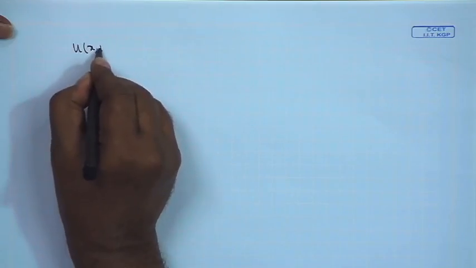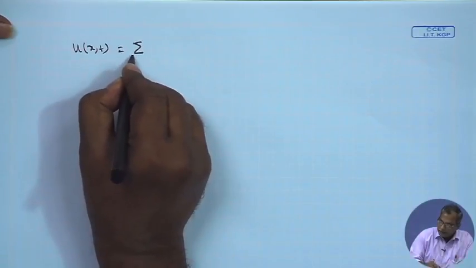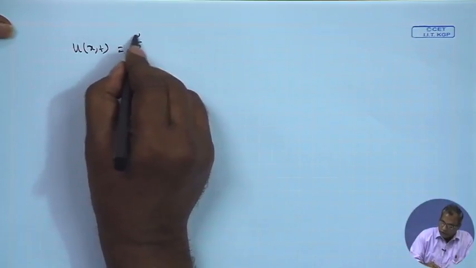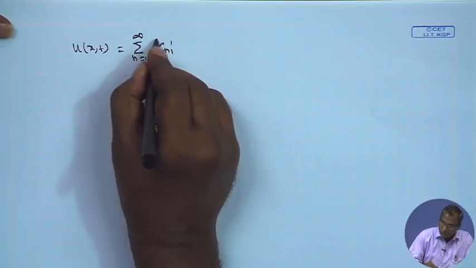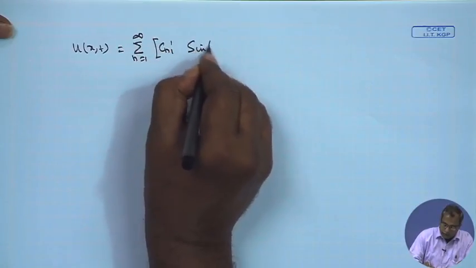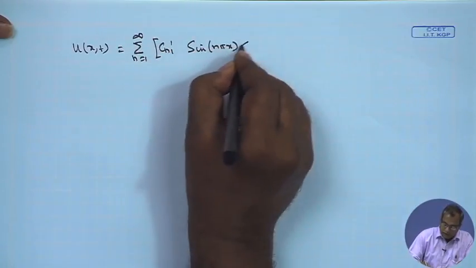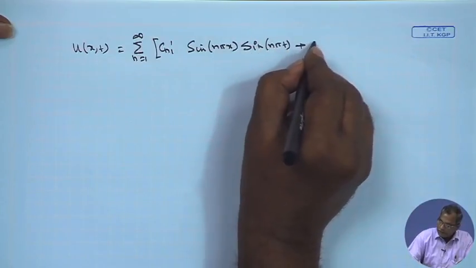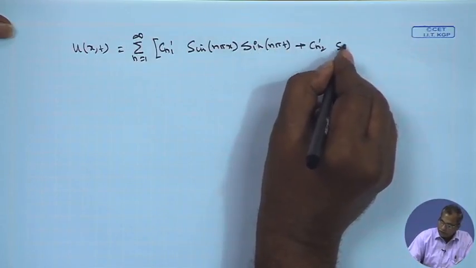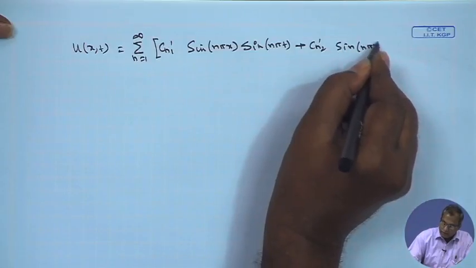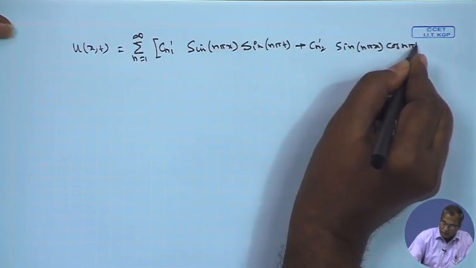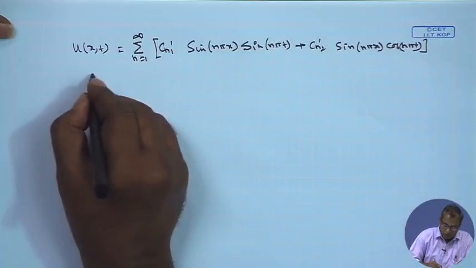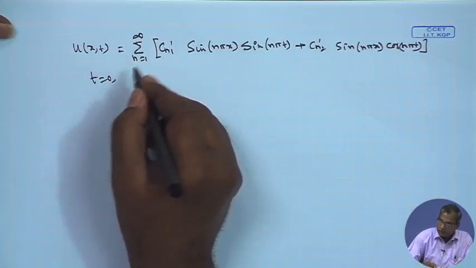U x t will be summation n is equal to 1 to infinity c n 1 prime sin n pi x sin n pi t plus c n 2 prime sin n pi x cosine n pi t, and we have two initial conditions at t is equal to 0,